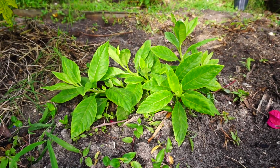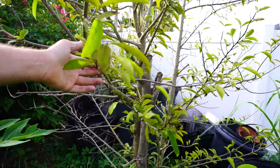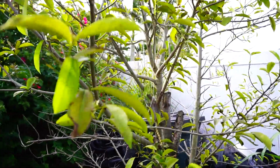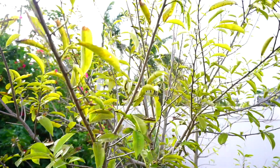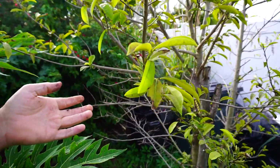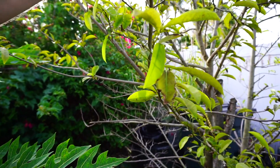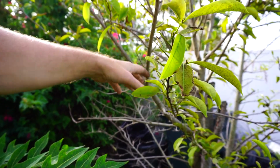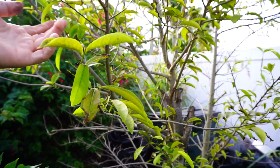So it should provide food for us for quite a while. This is our soursop tree, and soursop is also said to have a lot of medicinal qualities. They say that it has anti-cancer properties in the fruit, and also the leaves. It's very temperature affected, so because here in Florida, the part that we're in, it is zone 10A. It does get a little bit cold, so that's why the leaves are kind of looking a little bit ugly. Once it gets warmer, the leaves are green, and it actually loses all of its leaves once a year here